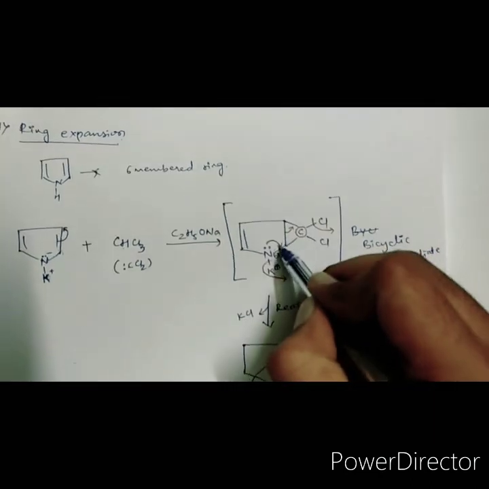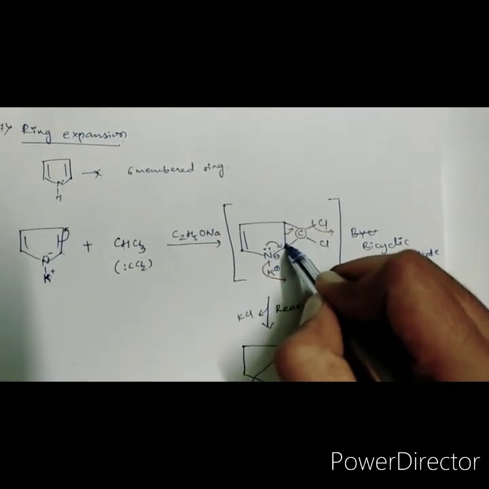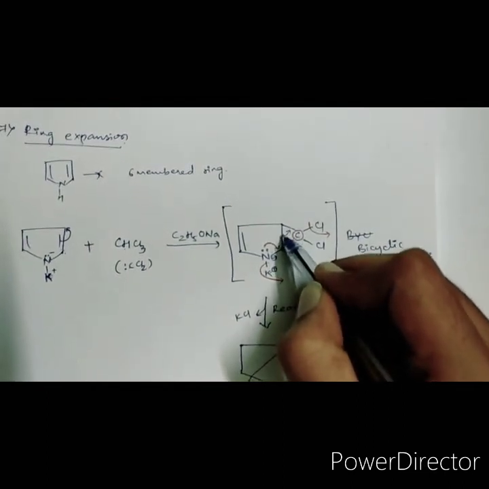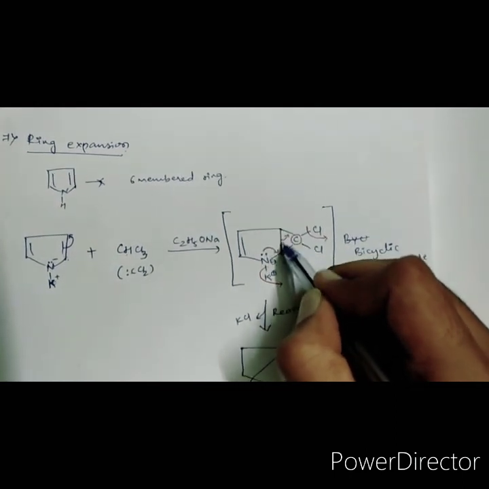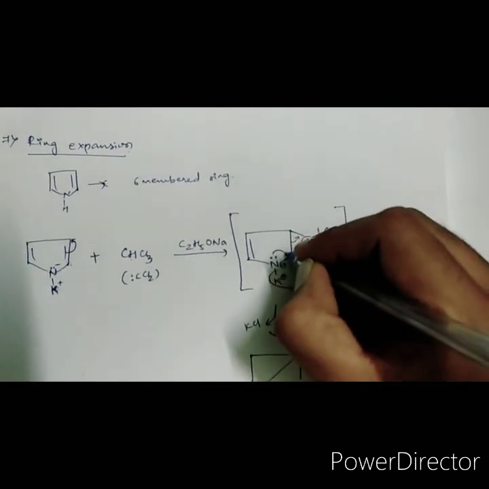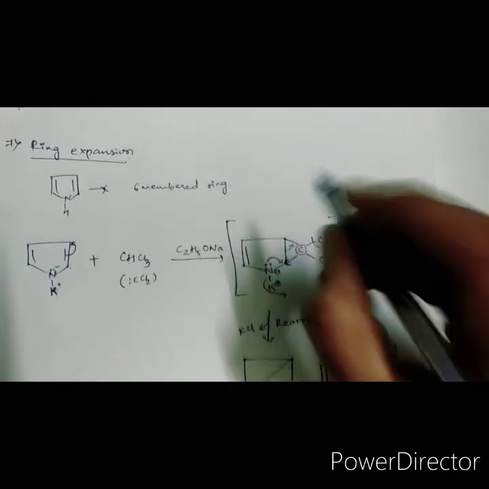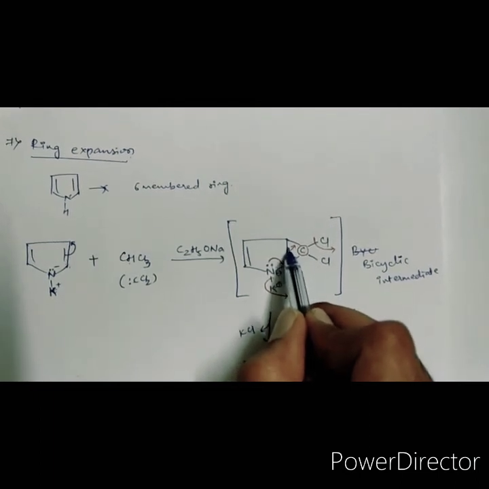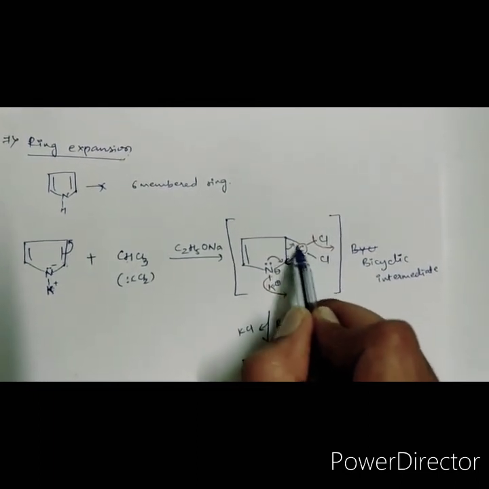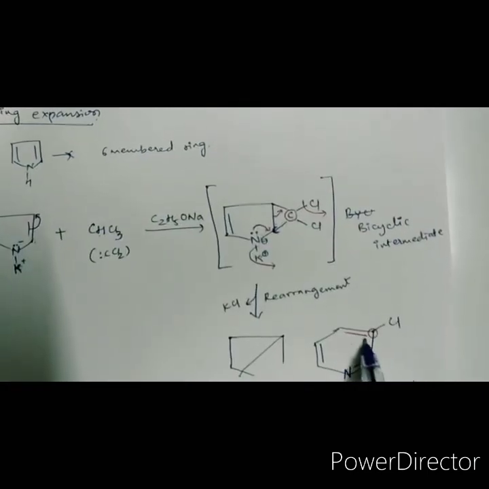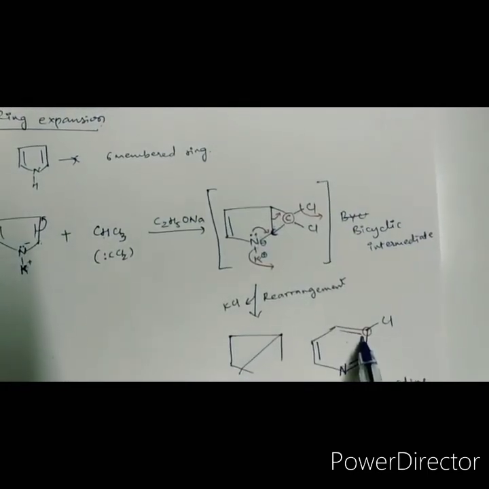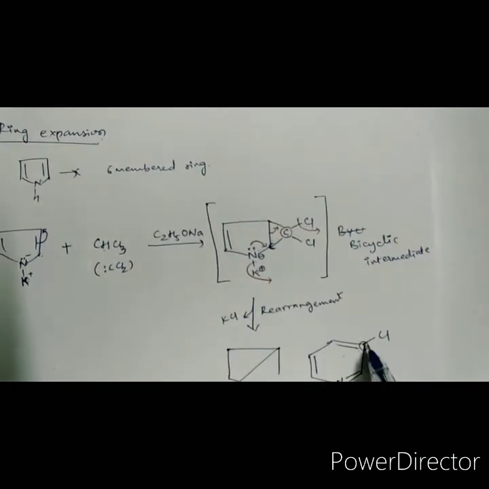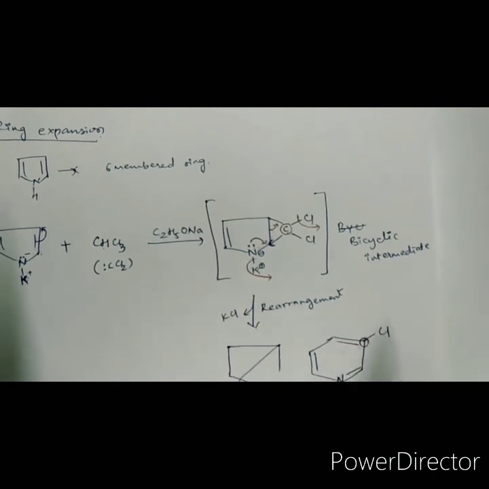Now this carbon, the newly formed double bonded carbon atom, its valency increases. So it tries to break the bond with the other carbon atom. Here a new bond is formed, here the bond is broken. Bond formation and bond breaking. So now these electron pairs are donated to the new carbon that is being attached. You can see the red color indicates the formation of a new bond, and this C is because of dichlorocarbene. A new carbon is being added that helps in ring expansion.